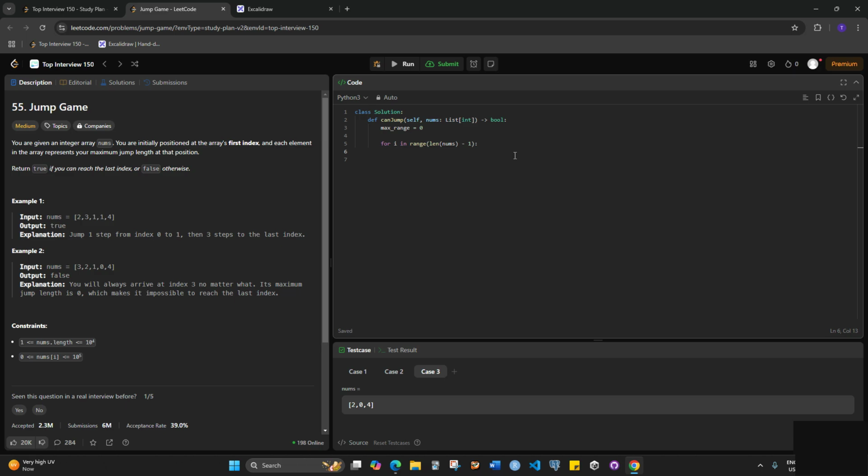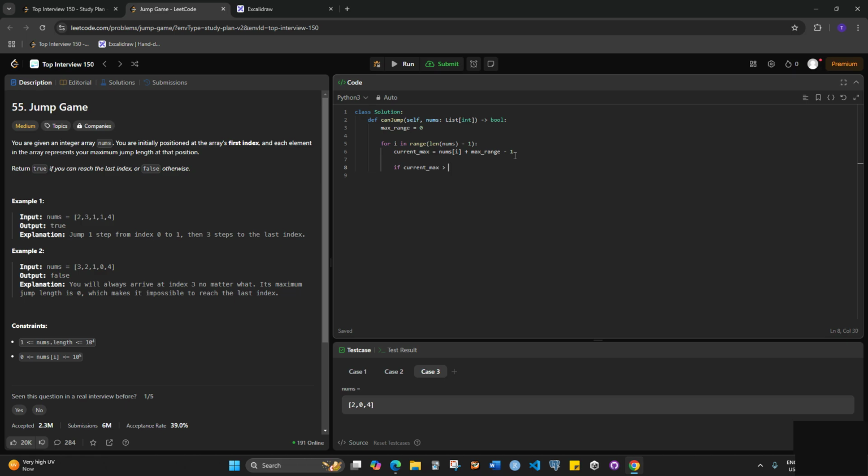Because every time we add on a step we need a minus, so we can do current max is equal to nums i minus... plus max range minus 1. And then we do if